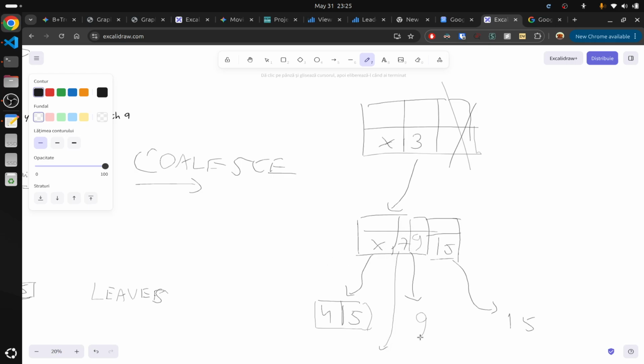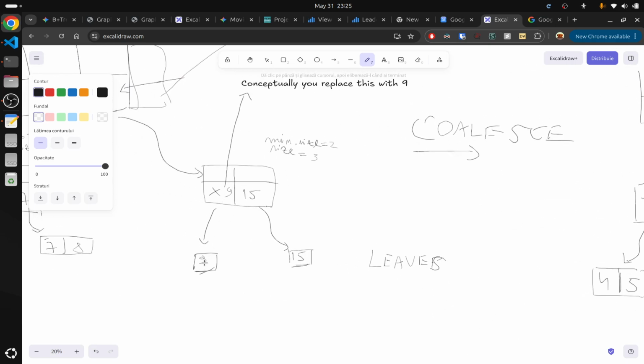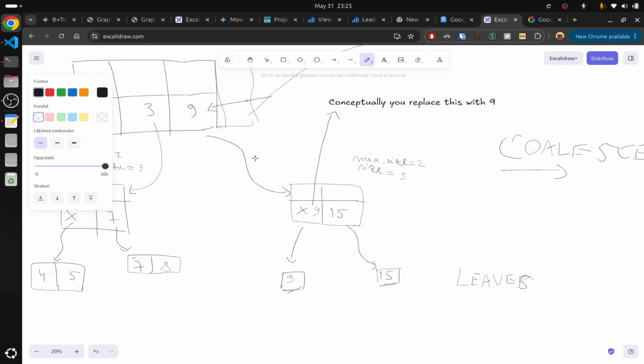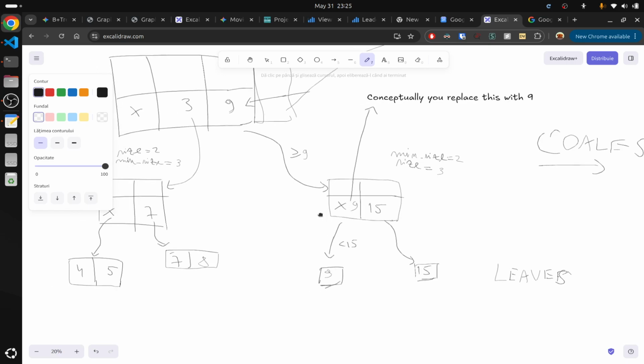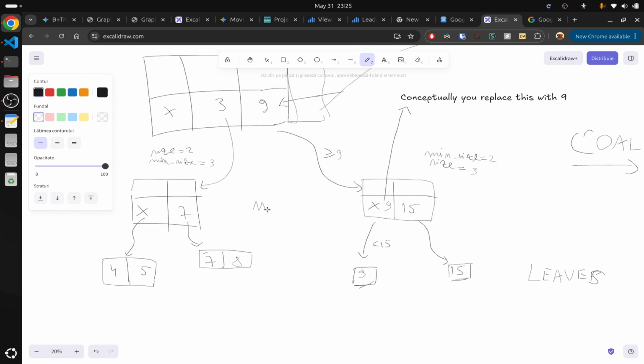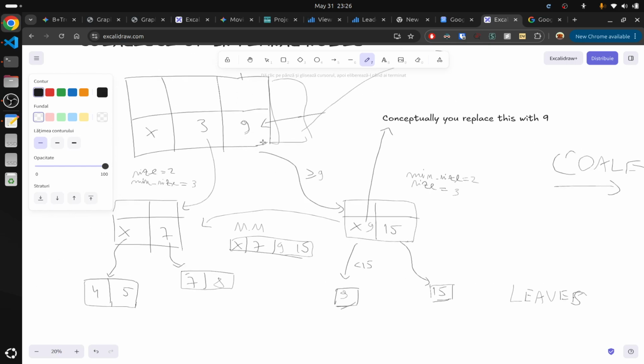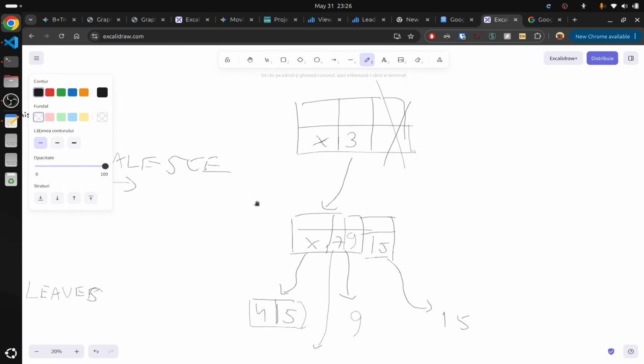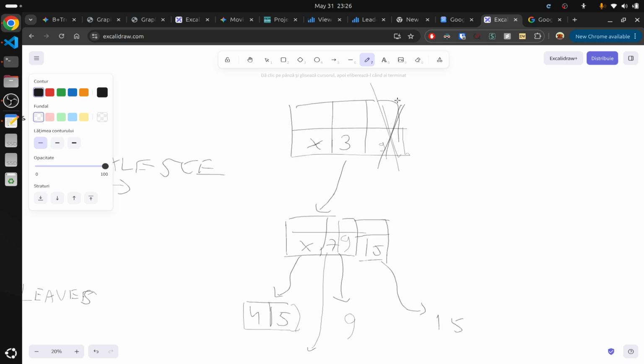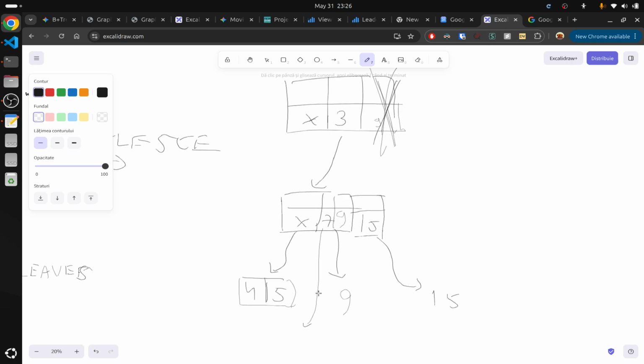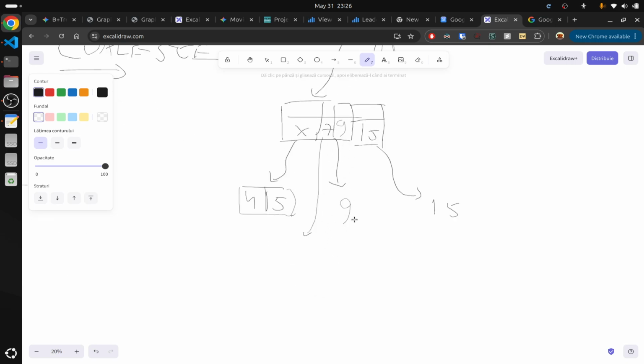So the 7 points to, you can see that the 9 points to, I mean, this points to bigger than or equal to 9. This points to less than 15. So conceptually, you bring them together. So again, the mental model is x, 7, 9, 15 from before. So you just bring everything from right into left, and then you delete this key over here. It's very similar. You just delete this key, which used to be the 9 here, and then you have x, 7, 9, 15, and then there's the 9, there's the 15, and there was a 7, 8 leaf